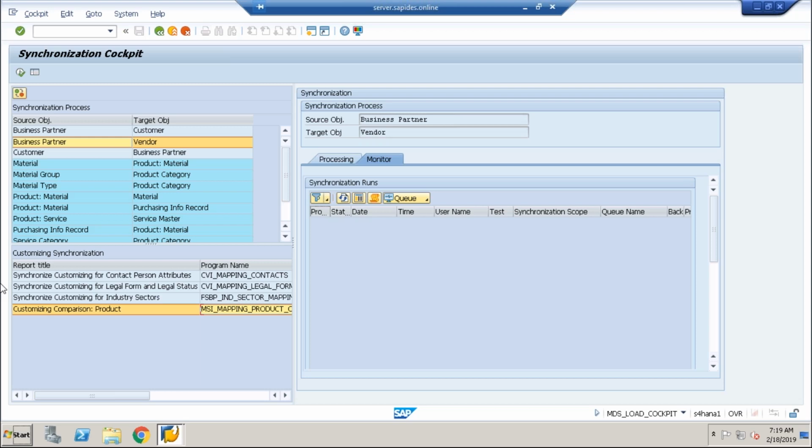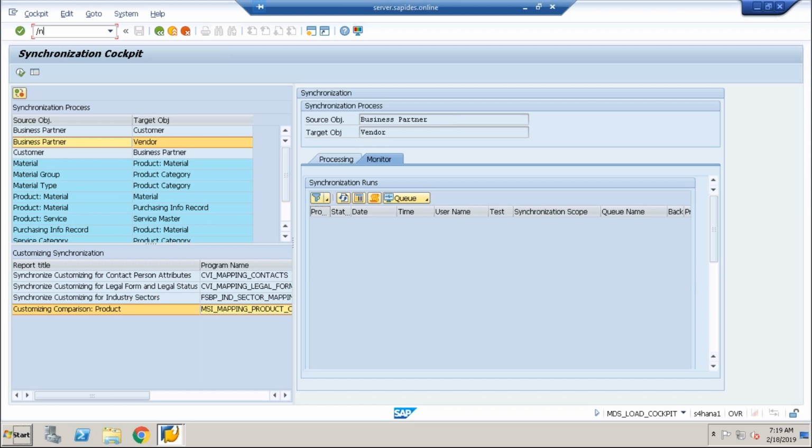After the CVI sync happens, you see which customers are linked to BP and which vendors are linked to BP. Your customers and vendors are merged as one BP, and all your contact persons linked to a BP, contact person with regards to a customer linked to a BP, contact person with regards to a vendor linked to a BP. All of this is checked as part of your synchronization cockpit. The synchronization cockpit gives you a whole set of information. Once you are done with this, there is one more transaction that they check.